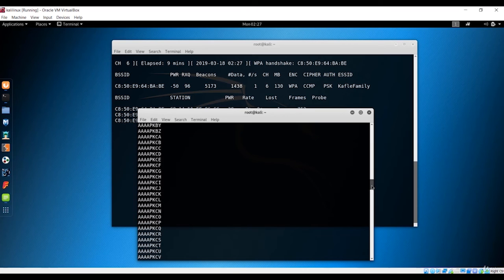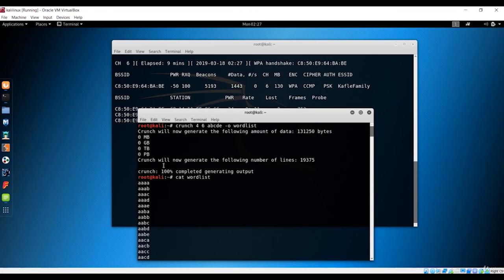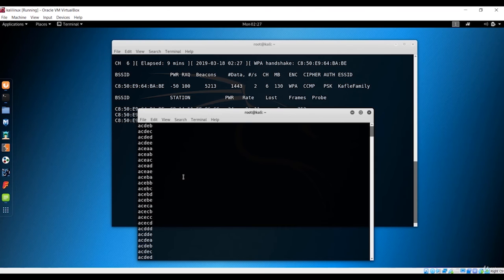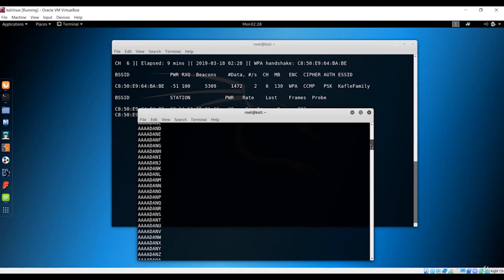So let's go over here, okay, it was right here. Where is the command? Let's go down. It has already started, so it should be okay.